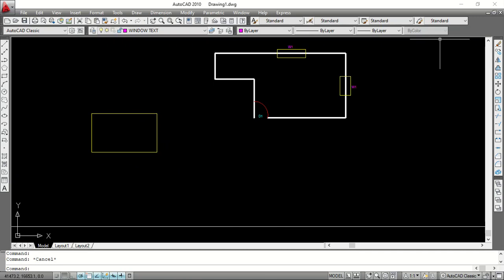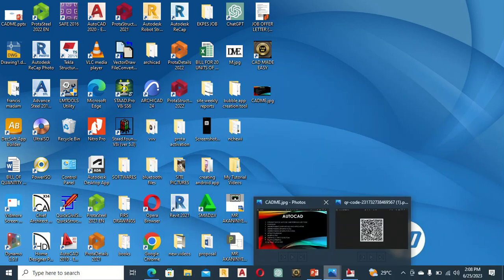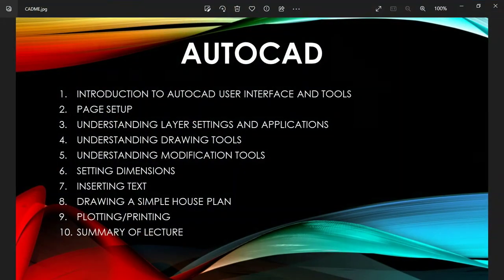So in our next class now, we are going to be looking at understanding drawing tools. We've already touched most of these things, but we are going to go more into them. And don't forget, where we are going to be applying all these things practically is in our lecture 8, drawing a simple house plan. Here we are going to see how to apply everything and make it look presentable. Okay, all right, so for now